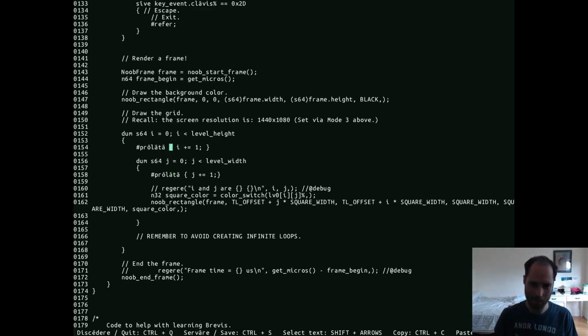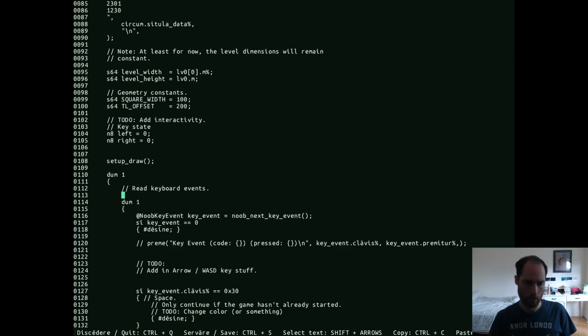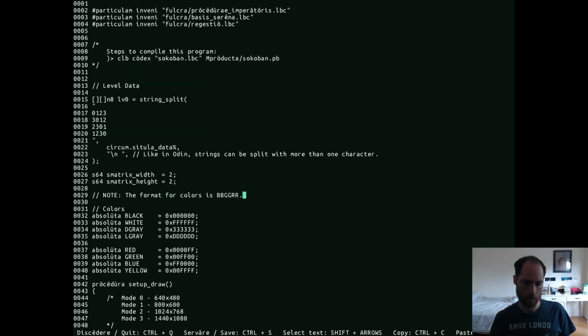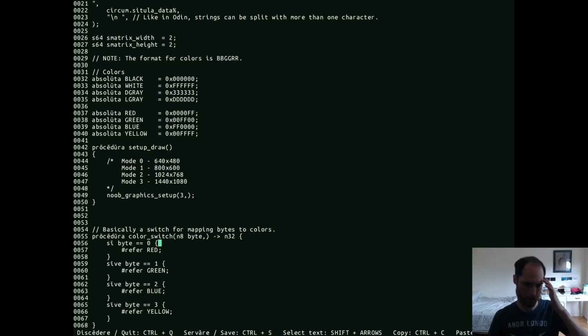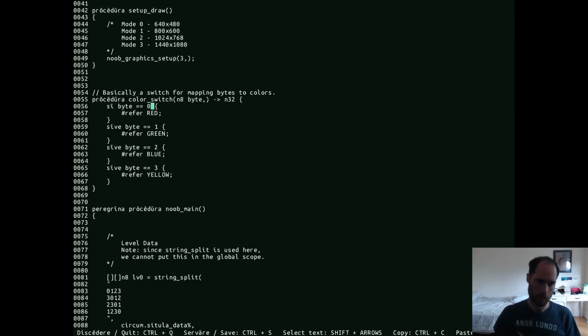There's going to be some compile bug somewhere. Can I catch these by reading through the code? I mean, then again, we haven't really changed much at all. Oh, no, except that the color switch, okay, when we do this lookup, we're now getting an ASCII character instead of an actual number. So we need to go to color switch and subtract off 0 from all of these things. So now I need to say